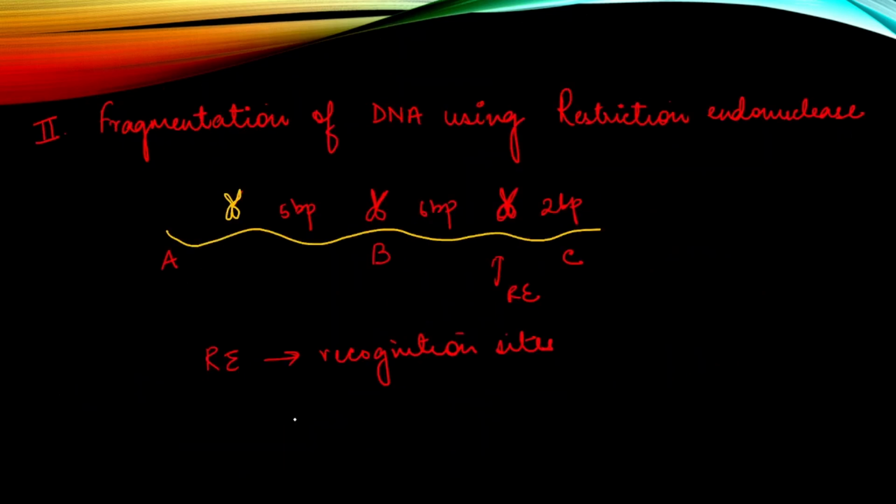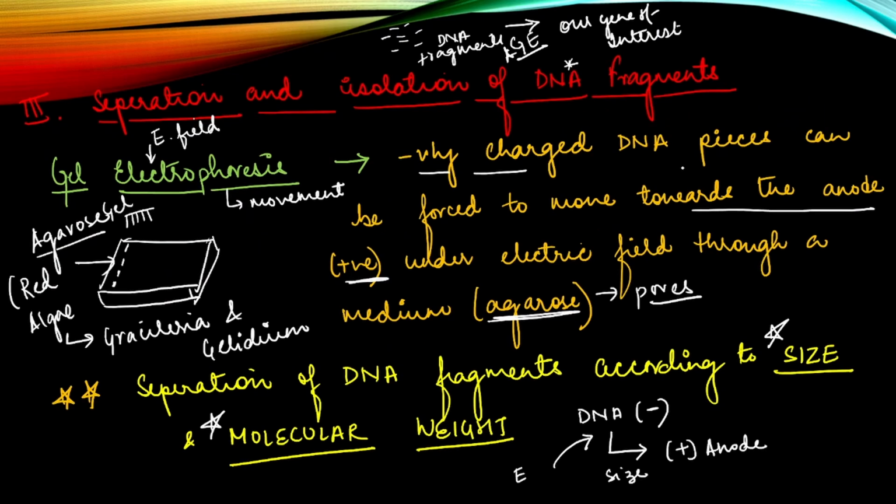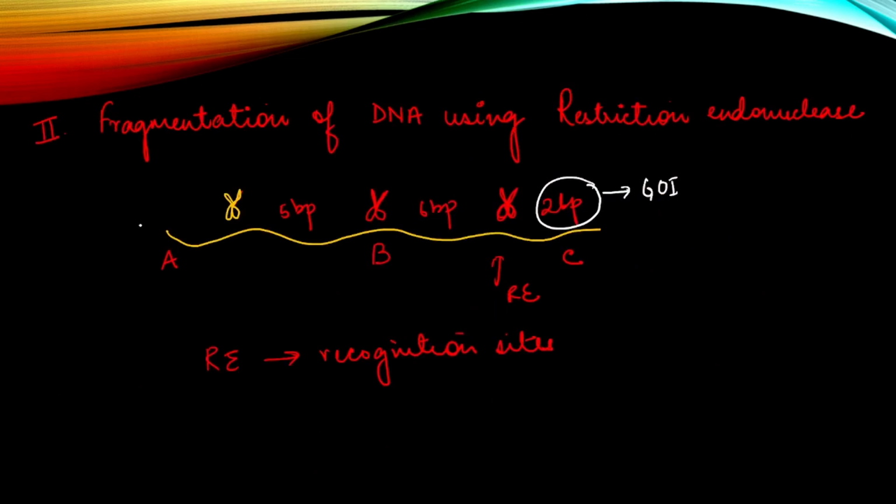Suppose if I go back to the slide, this 2 base pair fragment is my gene of interest. Now when I place all the samples in the wells, what will happen? These samples will start moving. You see, this fragment of DNA is coming fast, is moving fast. That means this DNA is our gene of interest, because the rest are 6 base pair, 5 base pair